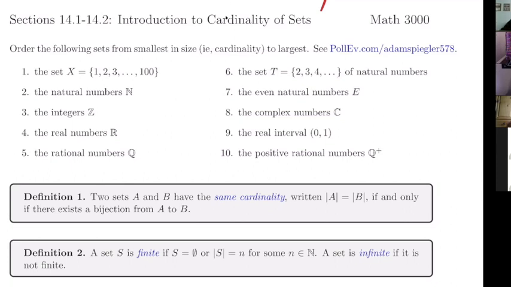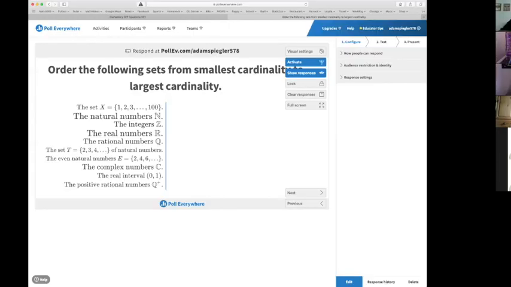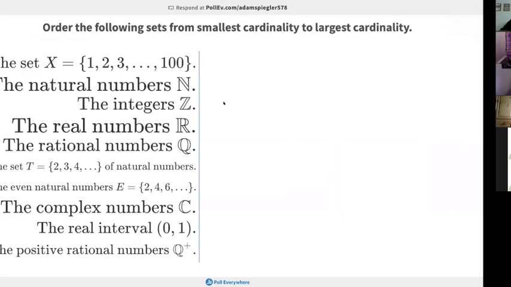I have a poll that is open. If you click on that link, you should be able to get there. Let me switch over to that. Here it is. So here's the poll.